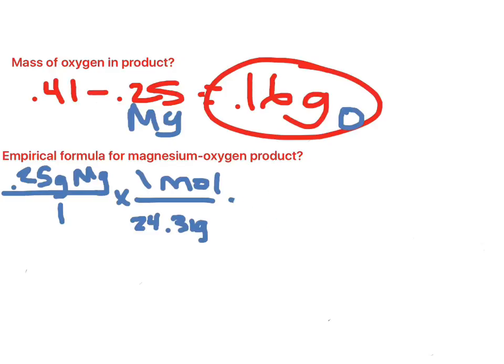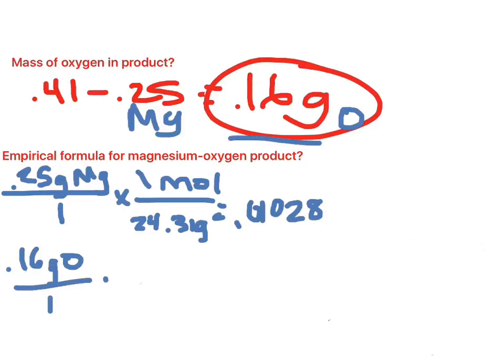So, 0.01028. Alright. So now you're going to take the O, here you go, 0.16 grams of O over 1 times